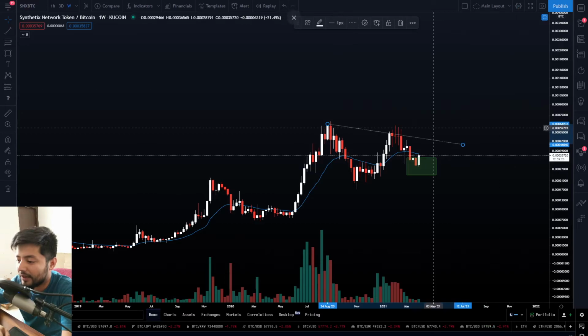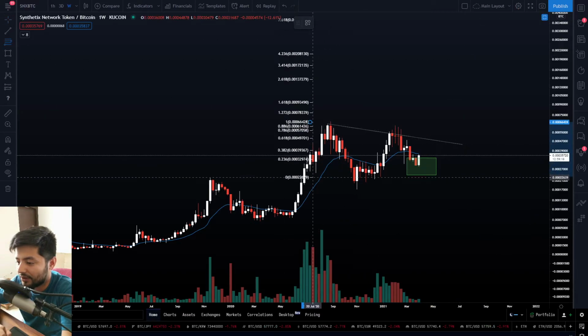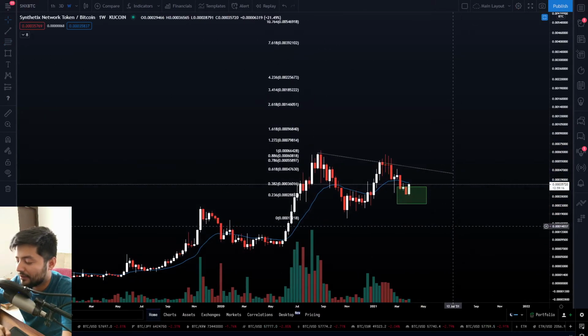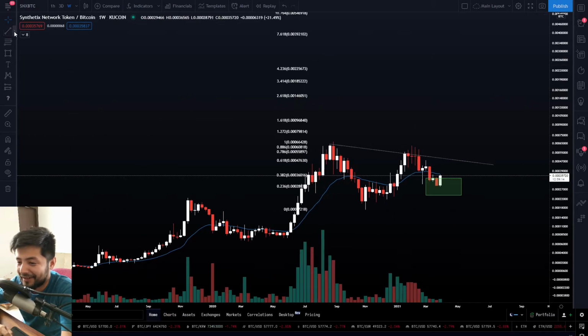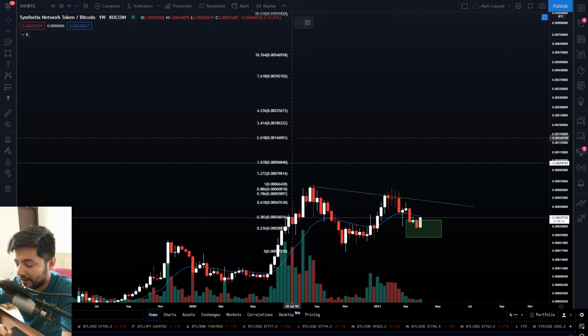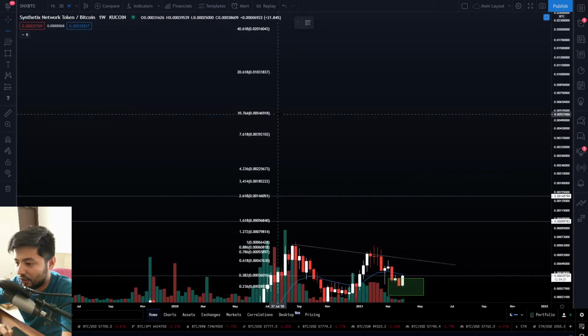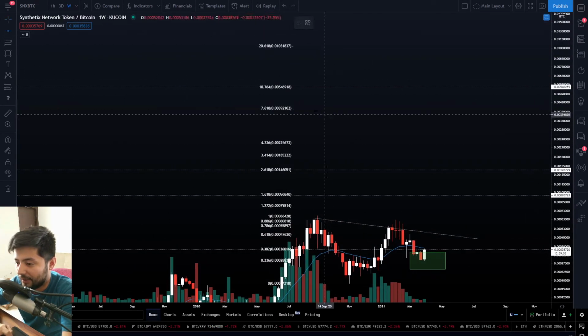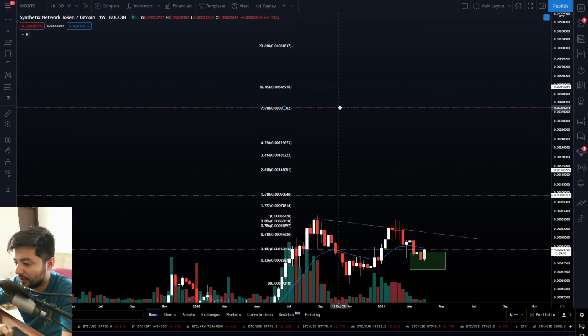And guys, this could be aligning with some further targets as well. As I draw this Fibonacci area of interest right here, some of the interesting looking targets on the BTC pair could be this one right here, yet another one could be this one right here, and your ultimate goal would be like this one right here, guys. You can argue that the 7.618 is also one of the key important levels.